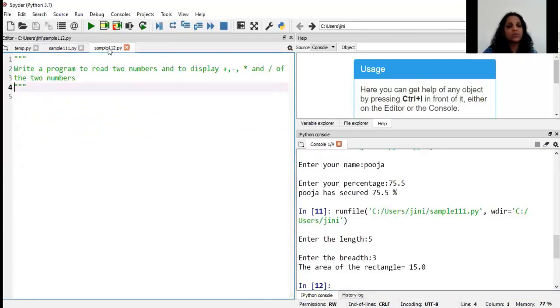It says write a program to read two numbers and to display addition, subtraction, multiplication and division of the two numbers. Okay, so will I need to be reading the two numbers from the user? Yes. Now into which variable will I read? Some may say A and B, some may say X and Y. I'm saying N1 is equal to, that's up to me, okay? So I write float,